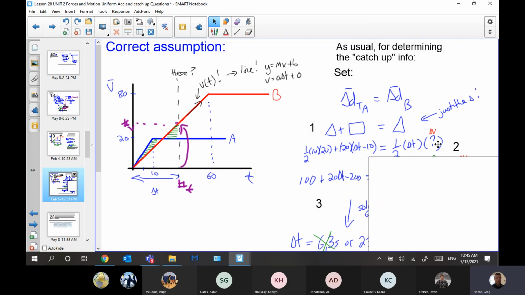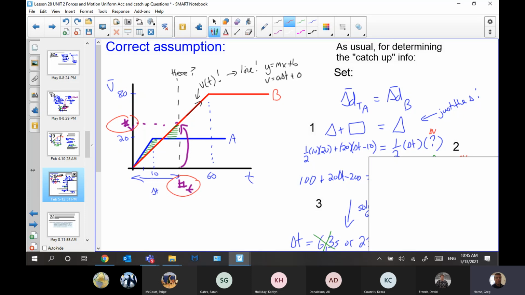If this was set as a challenge question or as an assignment, what would you do to try and figure out this number here, that height, based on this number here? Any ideas? Could you take away the area under A? Well, I wouldn't want to complicate. I'm just trying to think about a height here. Like I'm trying to think about a number value for v, right? So I wouldn't want to start to think about